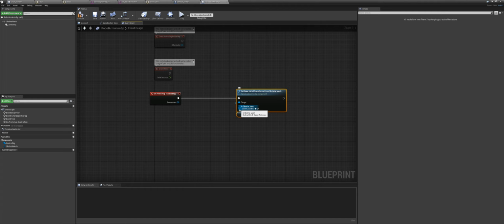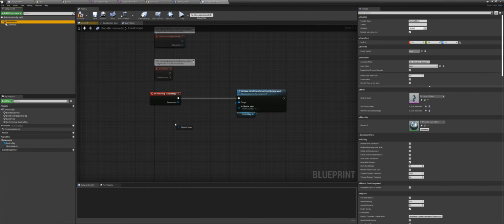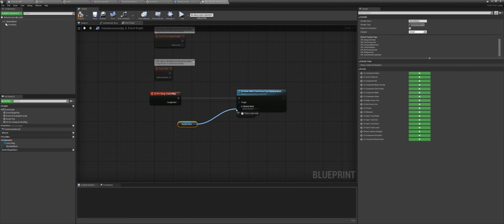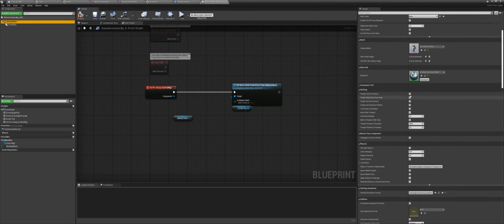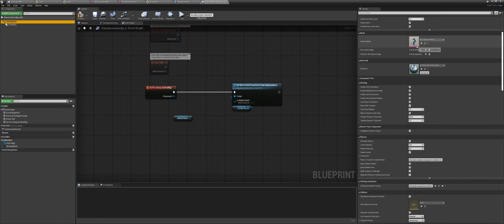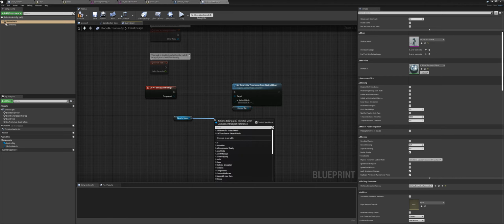And what do we want to plug in here? Now we could directly select it, but instead we're just going to grab the skeletal mesh. Now this is not going to directly get in here because this is just a component. Yeah, it's just saying it contains all those things here, right? But we want specifically to target this skeletal mesh option. So we drag out here and get